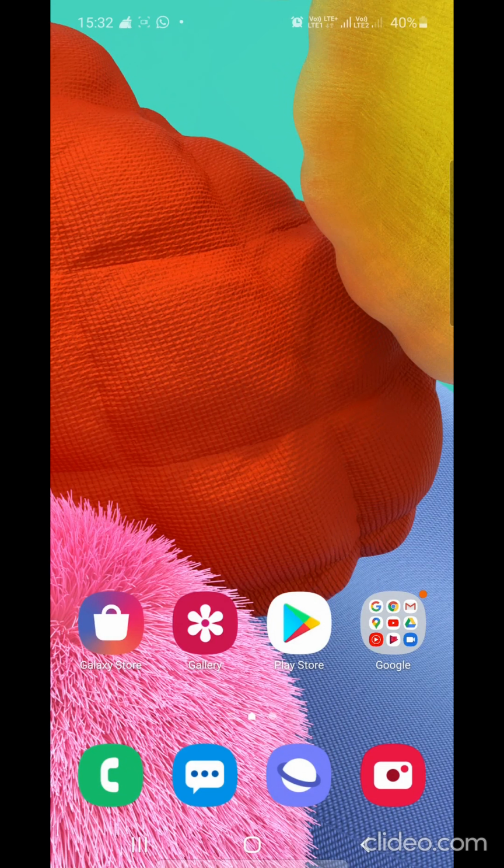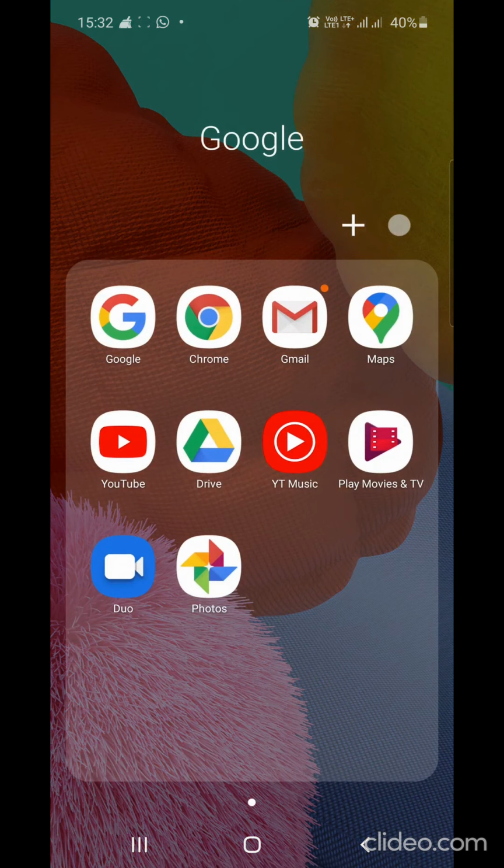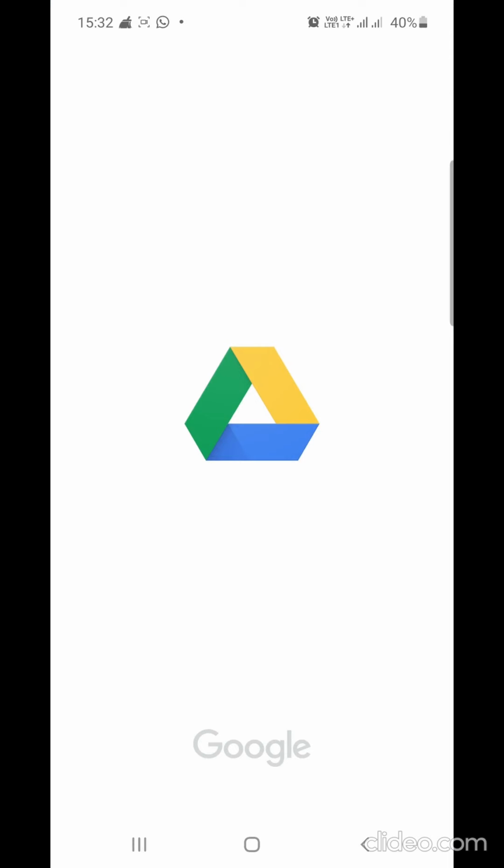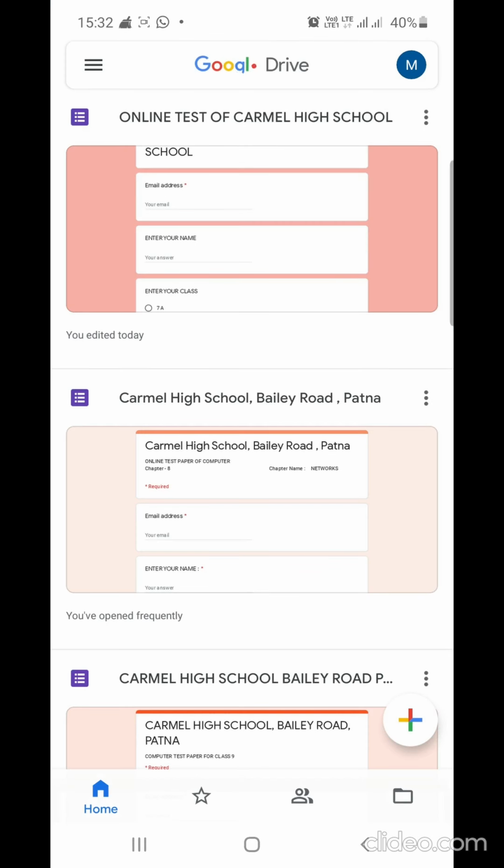After the first video on how to create the form, the time has now come for the evaluation of the form. For the evaluation, we can either go to the drive on a laptop or use a mobile phone, and then go to the drive, where the forms will be visible to you all. I'm going to give you a live demo of the evaluation of the answer script done by the student.